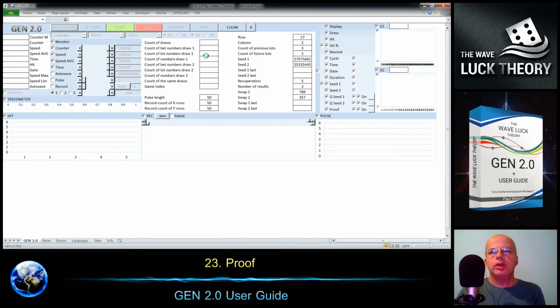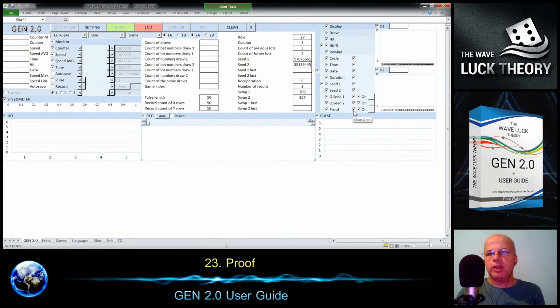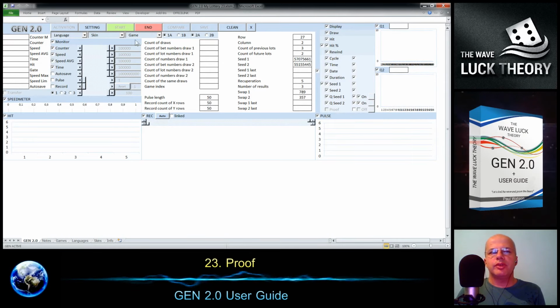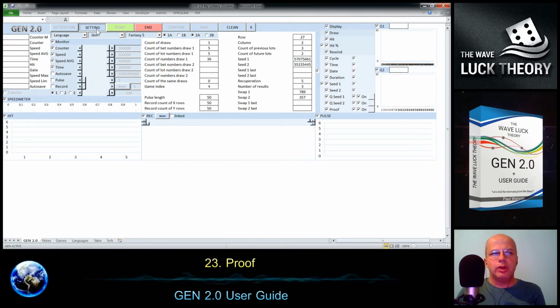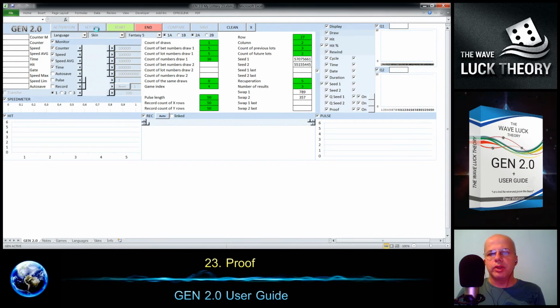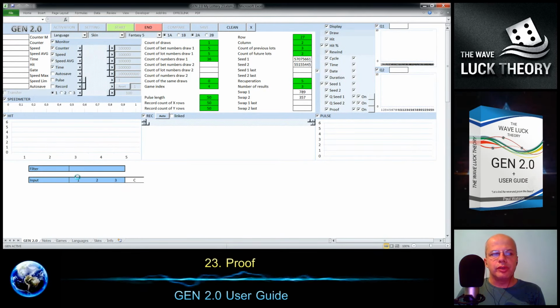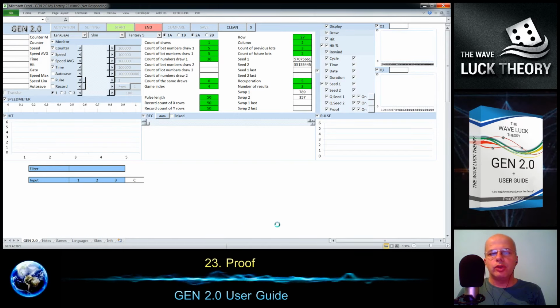So during the primary settings, we should activate the proof function by this checkbox. Now it's disabled, and after the primary settings you will not be able to activate it. So you should activate it like this. Then we will select Fantasy 5 for today, and I will print the output boxes. So there is the filter box, input box, and also the proof box, like you saw in the user guide, printed right here.